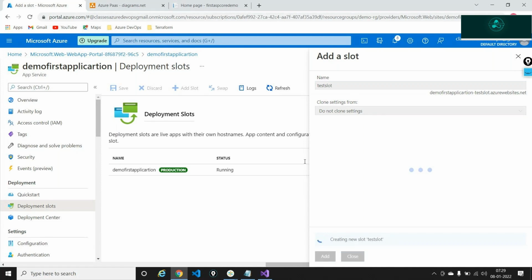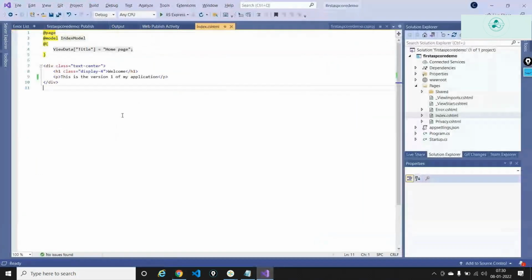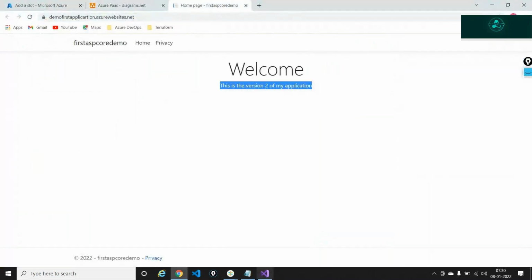So as I'm testing this out, I'm telling it this is a test slot. And as I hit the test slot, I'm just saying add. This will take somewhere around a minute or two to add this slot. And let's see what I'll do after adding the slot. So the developer has worked again, like version 1 is now back. Version 2 is running right now, so I'll let it run, imagining that version 2 is doing okay, or let's roll this back.